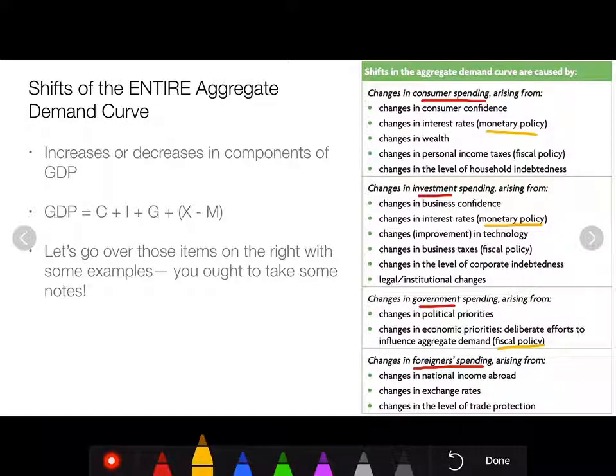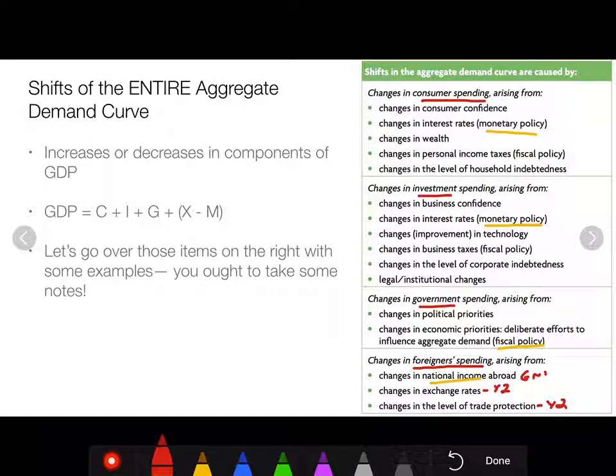Changes in foreign spending can shift the entire curve one way or the other as well. National income, we've called GNI. So changes in GNI abroad will affect spending for goods and services in the domestic market. Changes in exchange rates, that'll be a topic we get into in year 2, but you'll start seeing some of it now, and after we learn the year 2 topics and we come back and review for the IB exam, you'll see a lot more there. Changes in the level of trade protection also is a year 2 topic,